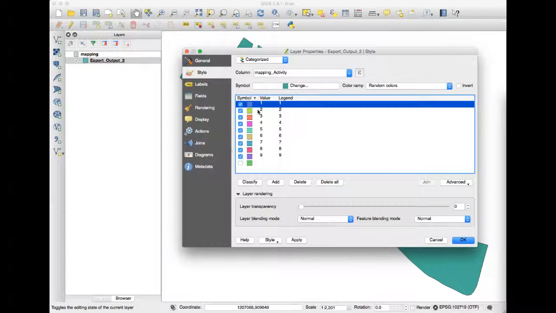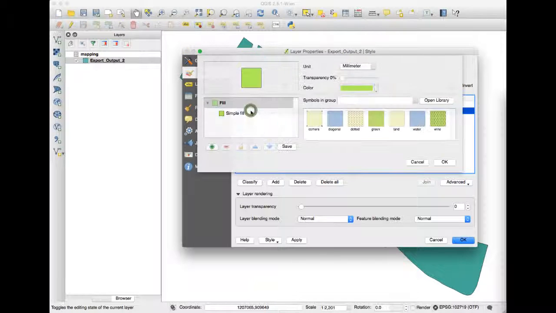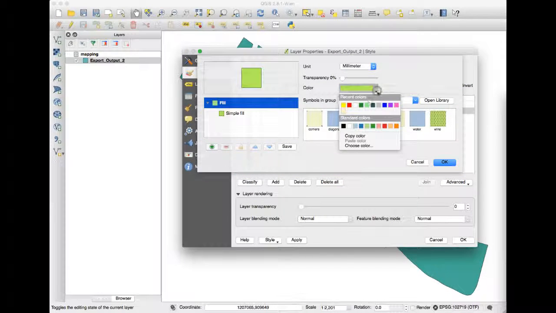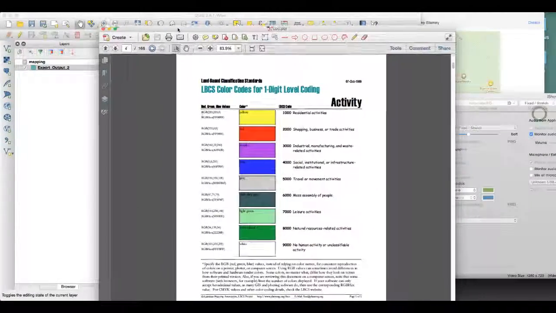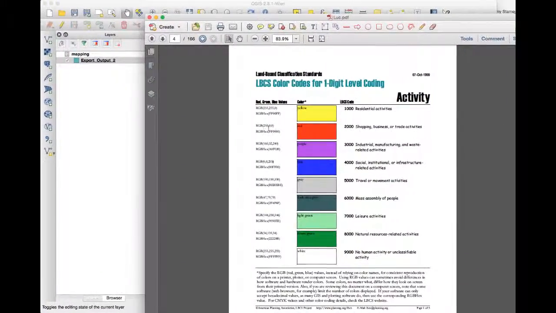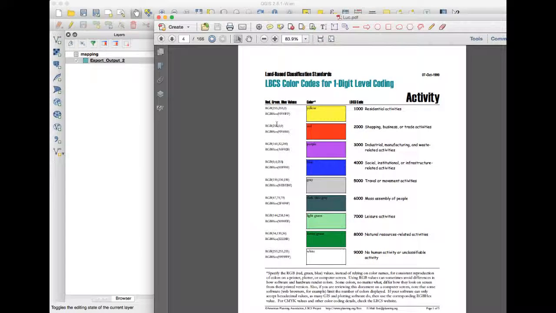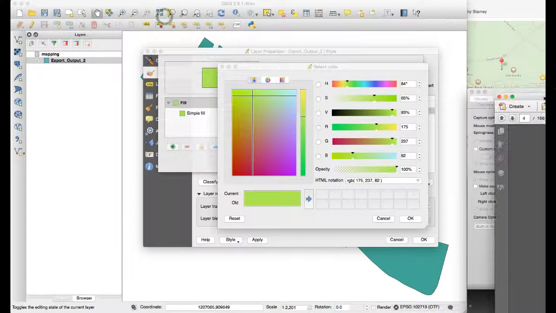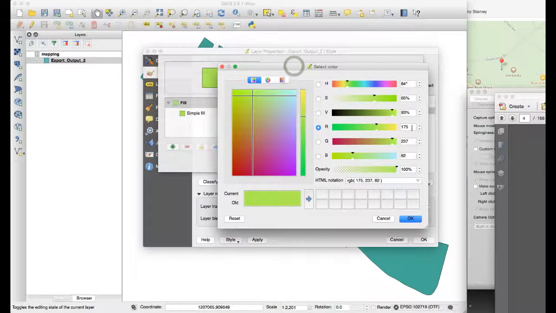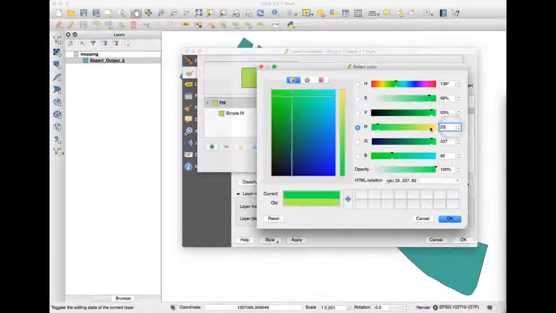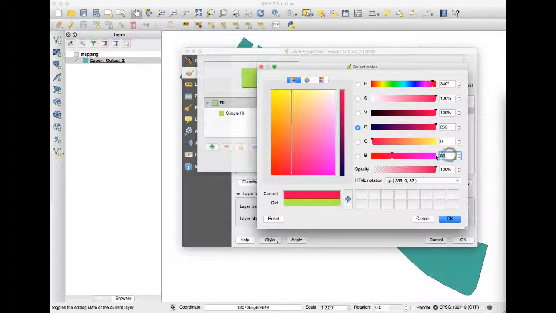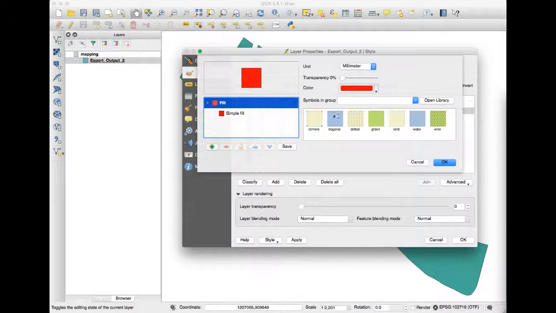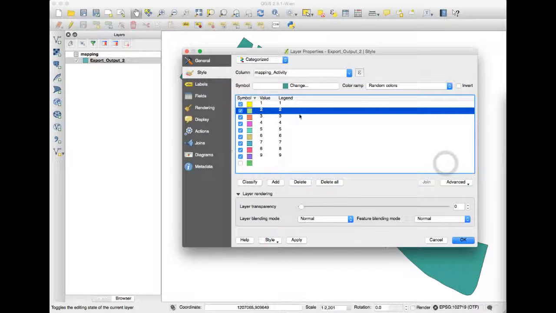The next color, for value 2, I'm going to double click on that. Pull down the color menu, choose color. I see that red has a code of 255, 0, 0. Okay, that being the case, 255, 0, 0, enter, and I have red. Okay, likewise,